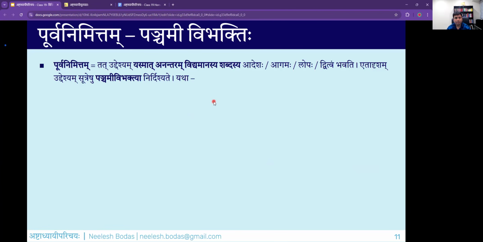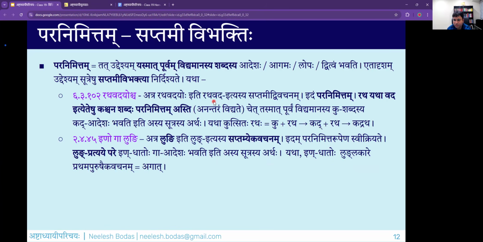Okay, agre gacchamaha. Now, sometimes what happens is this is very easy said than actually done, that you have such a different, proper partitioning that Purvanimitta is Panchami and Paranimitta is Saptami and so on. The things become complicated because words are being used as anuvrittis. So sometimes a purva nimitta in the previous sutram comes as an anuvritti to indicate a paranimittam in the next sutram, or comes as an anuvritti to indicate the sthani in the next sutram. So sometimes these vibhaktis need to be changed, and you need to learn that from the commentaries.